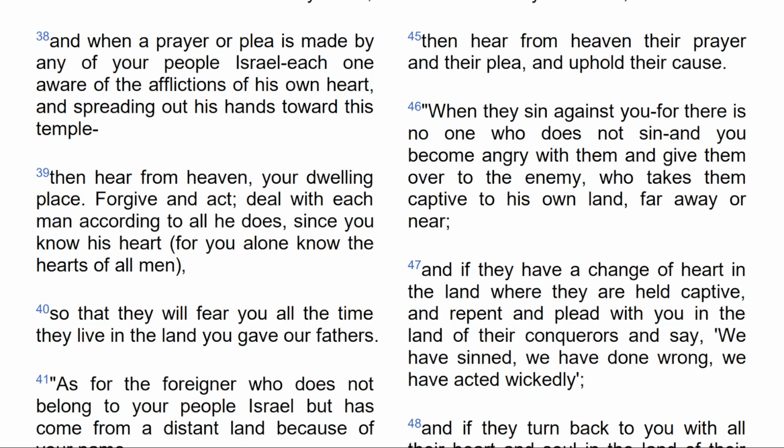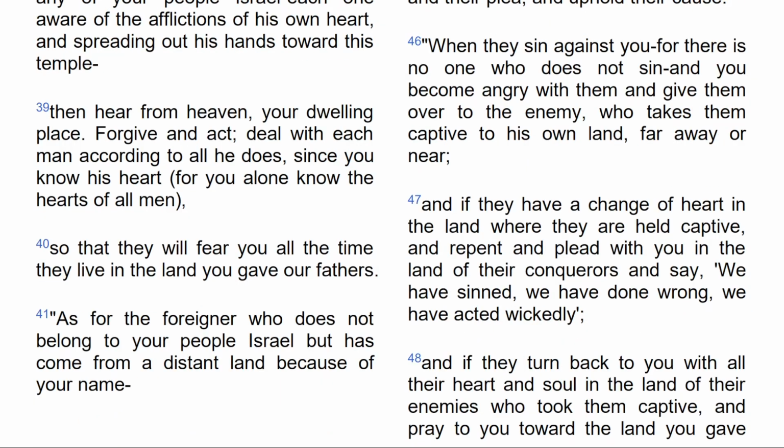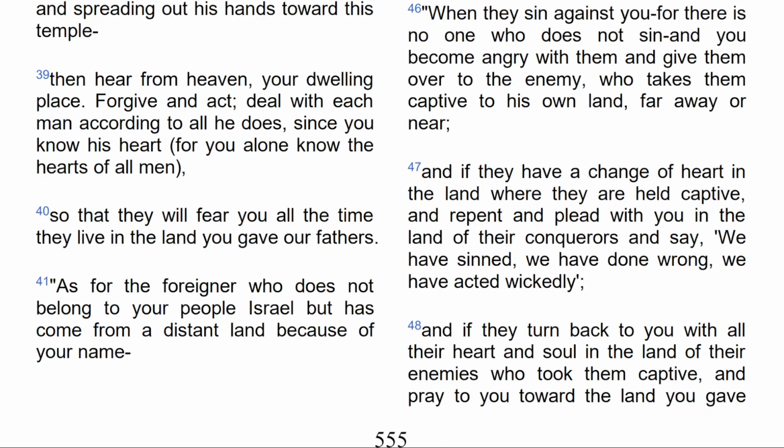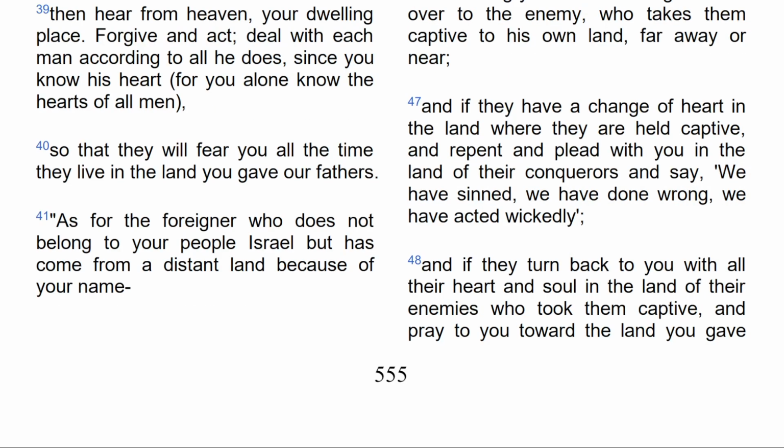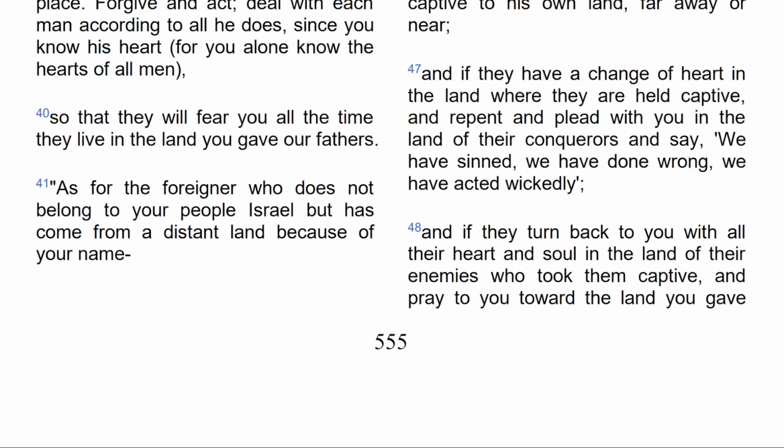When they sin against you, for there is no one who does not sin, and you become angry with them and give them over to the enemy, who takes them captive to his own land, far away or near, and if they have a change of heart in the land where they are held captive, and repent, and plead with you and say, We have sinned, we have done wrong, we have acted wickedly,